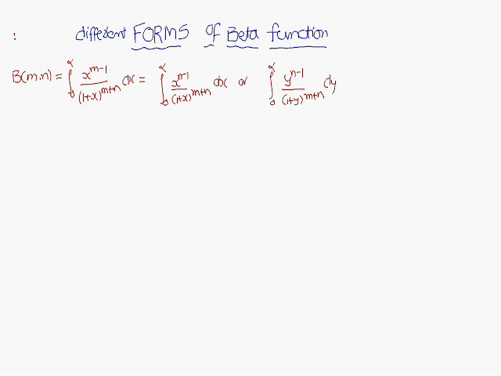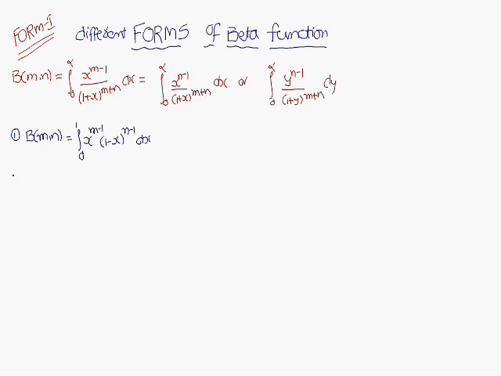This is the form 1 of beta function. This one you have to remember. Okay, so how you have to prove this one means, so first step you consider beta mn. Beta mn is by definition integral 0 to 1, first x, next 1 minus x, m minus 1 and n minus 1 and dx. Okay,